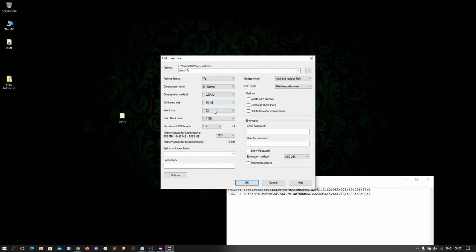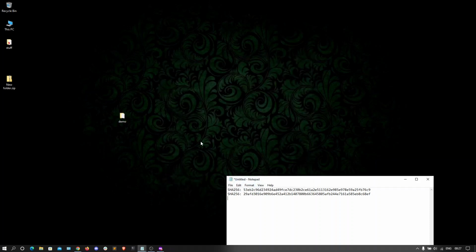There are some options given for dictionary size, word size and solid block size. You can change them according to your CPU capacity, and you can also change the threads as per your CPU. So these are all advanced features. You can also add a password if you want, and you can also encrypt the file names. So we will first go with ZIP, leaving everything as it is, and just click OK,